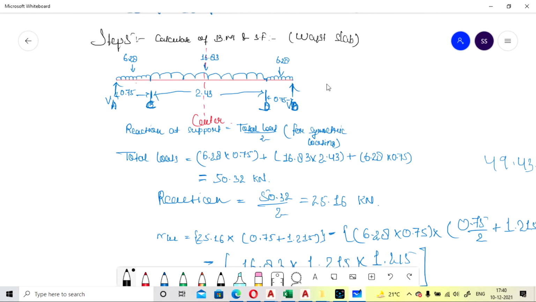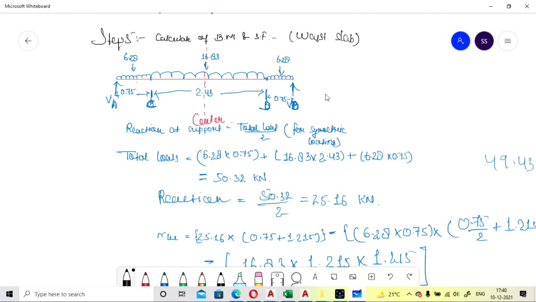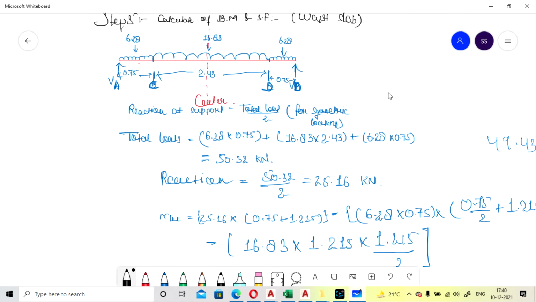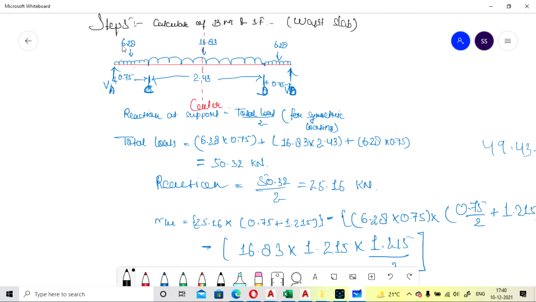Now we have to calculate the reaction first. So reaction will be your total load divided by 2 because it is a symmetric loading. Loading was equal. So total load will be calculated as 6.28 multiplied by total length 0.75, plus 16.83 multiplied by total length 2.43, plus 6.28 multiplied by 0.75. So it is WL.